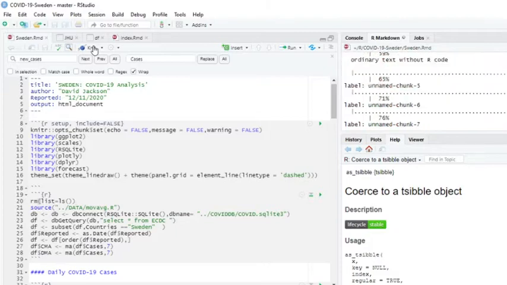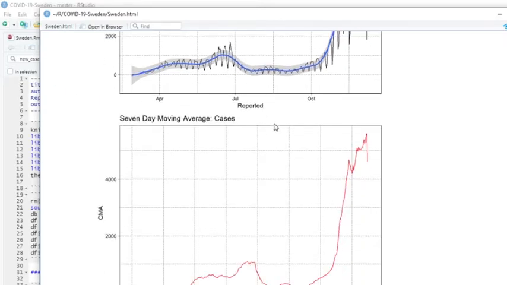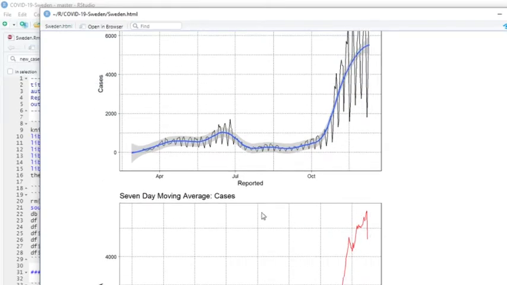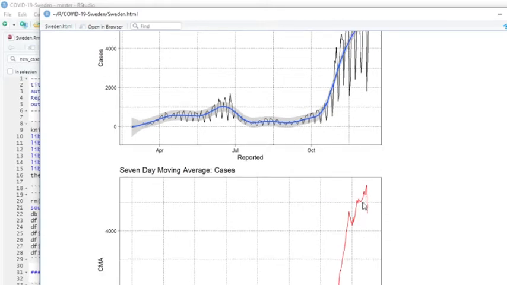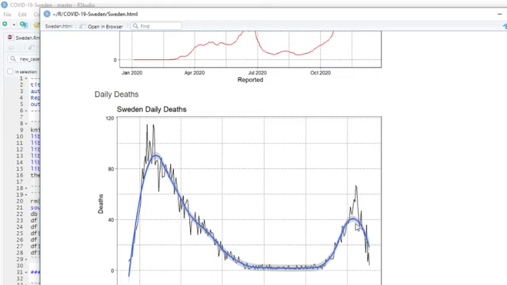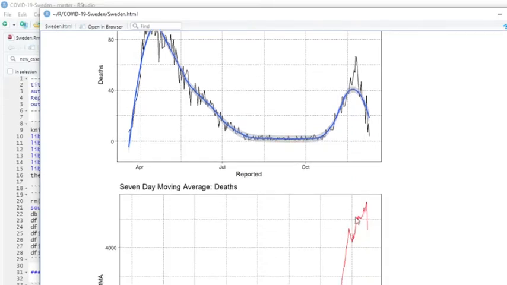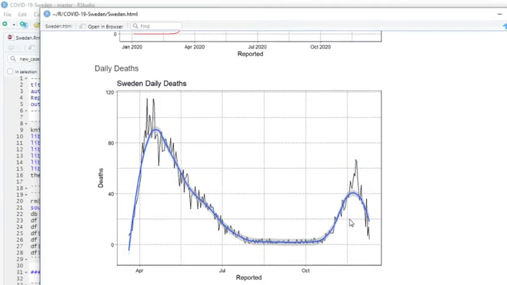Let's just run the whole report from the top and just make sure we didn't miss anything. Okay. Well, unfortunately, cases are climbing. Although if you look at the 7-day moving average for cases, they do appear to show a little decline right here. But that could just be a daily anomaly. But if we look at deaths, you can see deaths are definitely declining. They've been declining since about November, maybe, or the first week of December. You can see that slight decline.